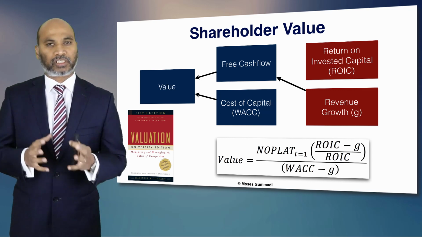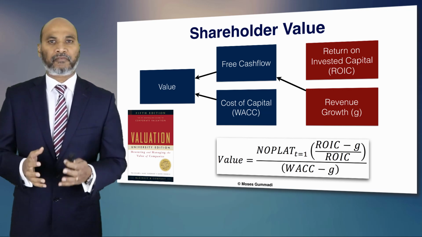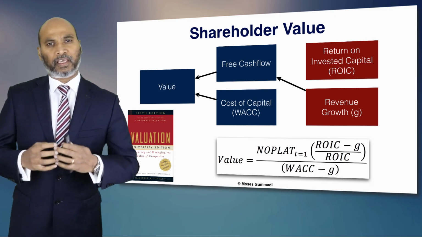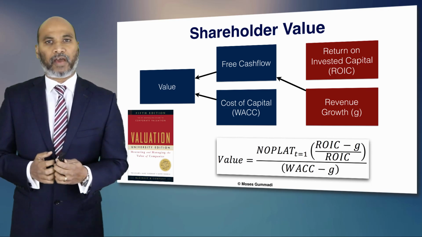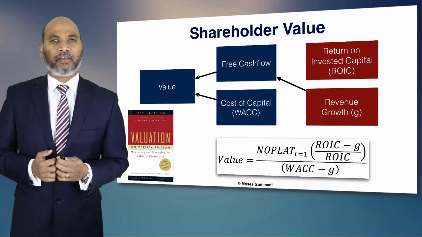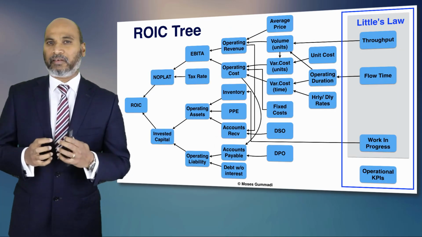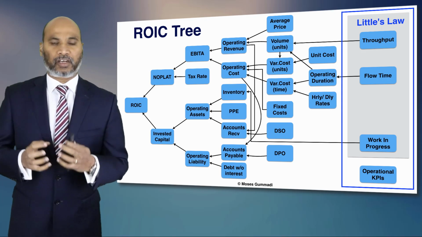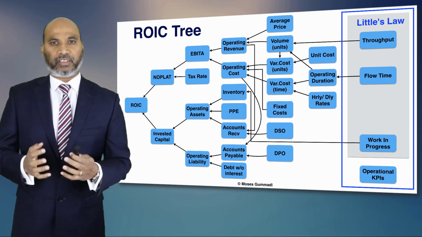So these two numbers, return on invested capital and revenue growth, determine the long-term shareholder value that the operations can deliver. Now the return on the invested capital can be connected to your operational parameters using a ROIC tree, as